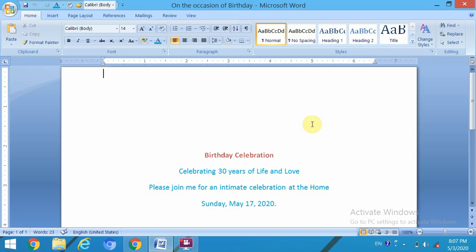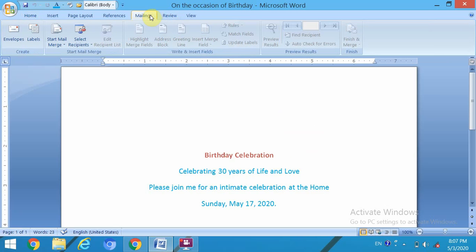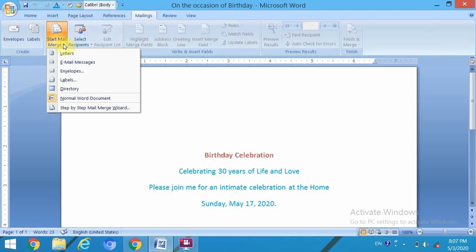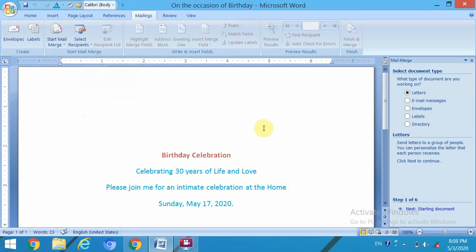Now click on mailings and select start mail merge options and select step by step mail merge wizard. When you click on that, at the right side pane, it will display select document type.